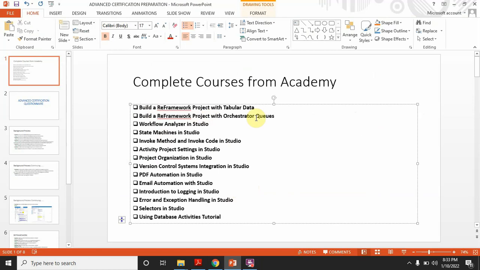because if you see here, Build RE Framework Project with Tabular Data and Build RE Framework Project with Orchestrator Queues, these two courses are going to clear the concept of RE Framework. This is for the Workflow Analyzer, where definitely there will be one question from this part. State Machine is very important.